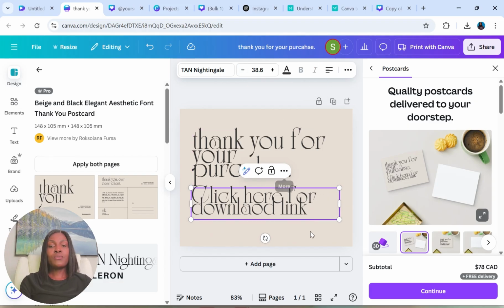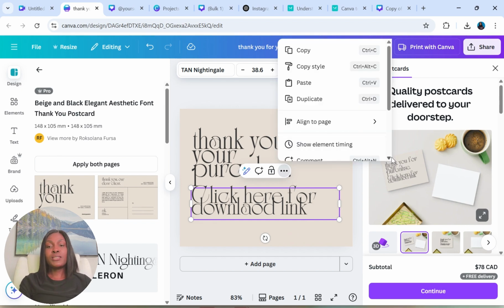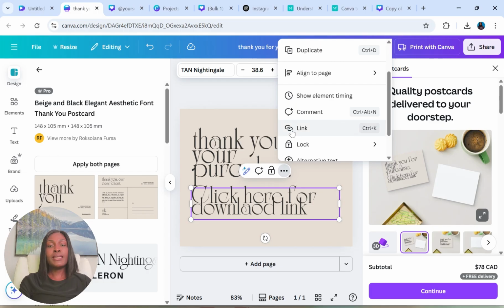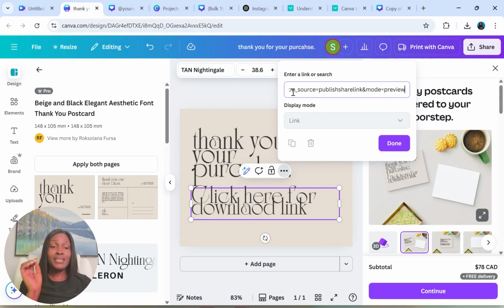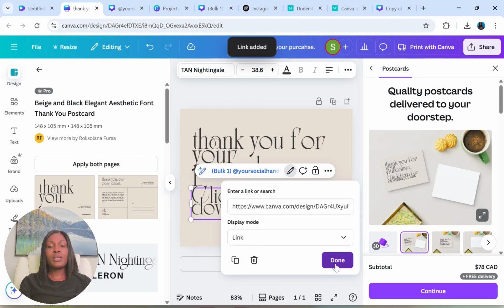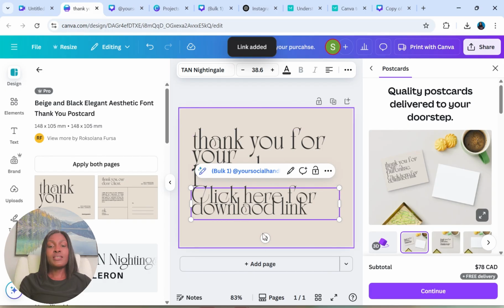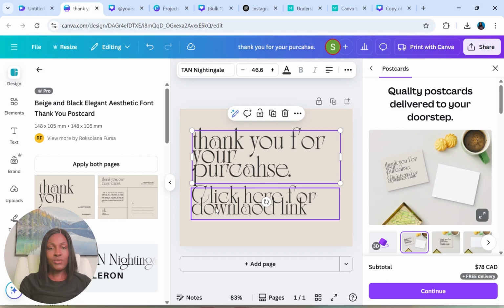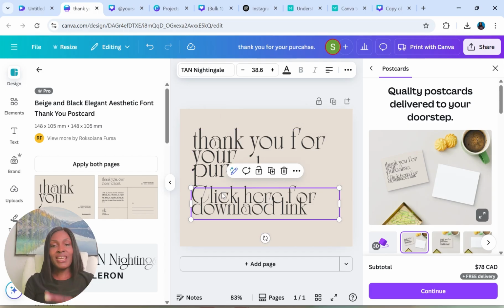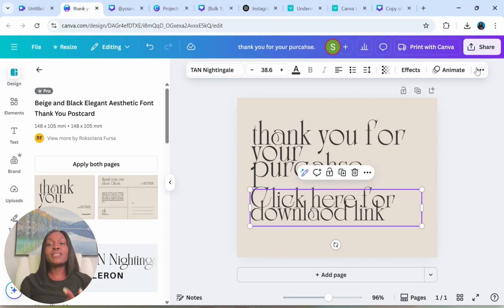So for me to add the link that I copied, you're going to come to this part and you're going to see links. I'm going to click on links and put the link I copied, which is the template link I copied initially. Then I'm going to click on done and click on done. So you can see once they click on this, it will definitely show them the link. And this is what I'm going to download as a PDF file and I'm going to sell it on